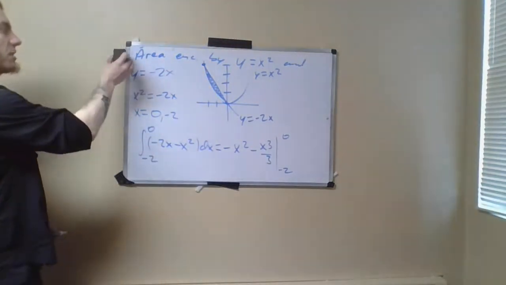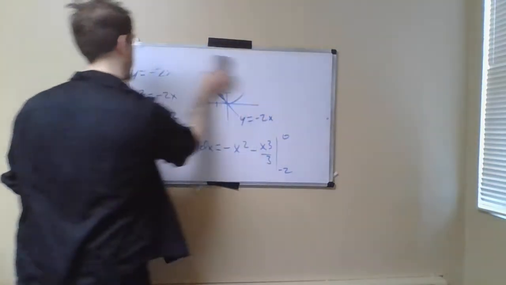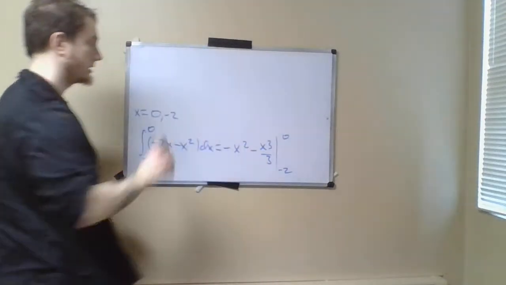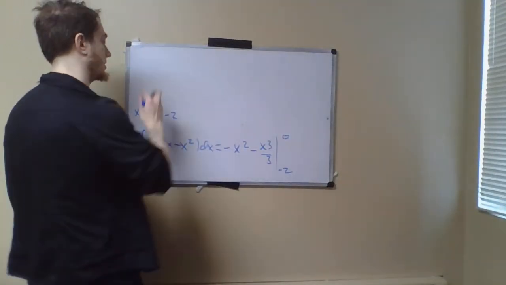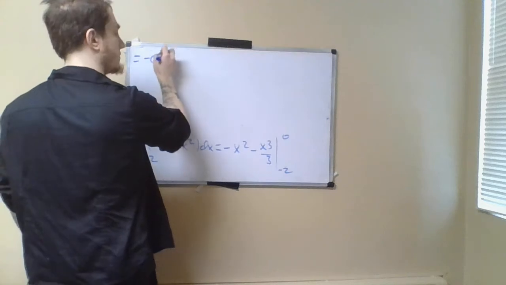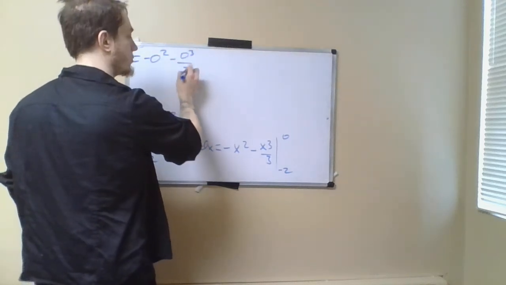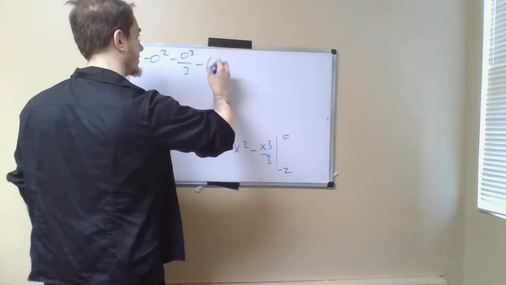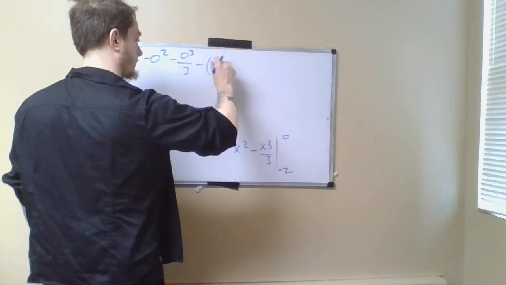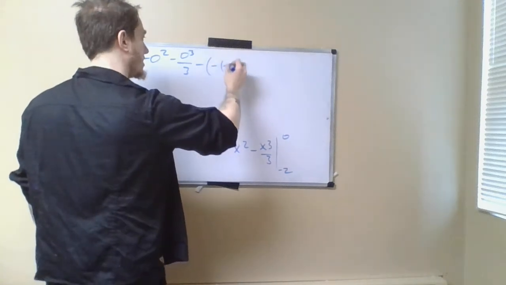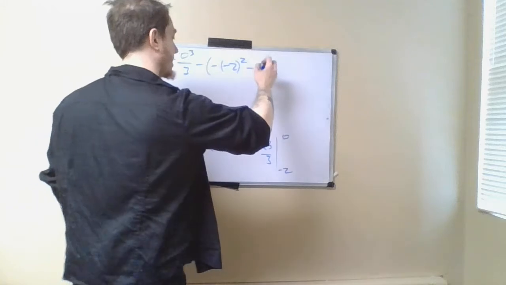I'm afraid I have to erase the setup here because of a lack of space, just to finish this off. So this is going to be -0 squared minus 0 cubed over 3, minus the negative of -2 squared minus